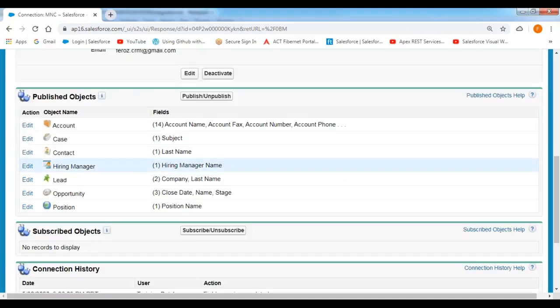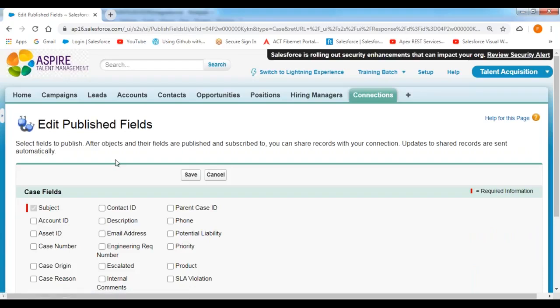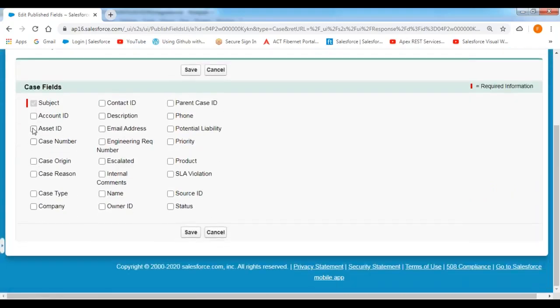Now it is indicating a total of 14 fields we are exposing right now from the account object side. Similarly, we'll repeat this step for each and every object, depending upon your requirement. I'm exposing that here. You can now edit. So now in this case, I would like to expose